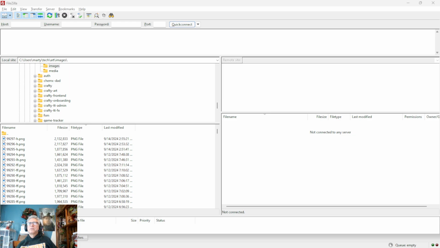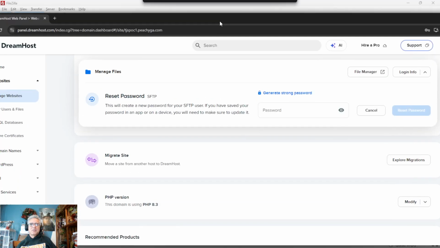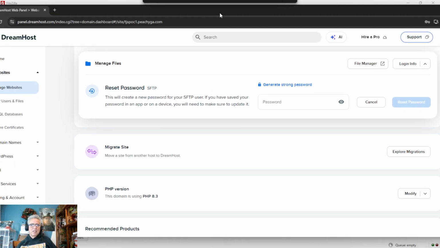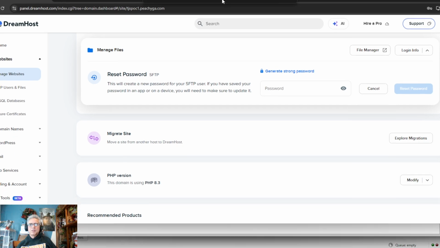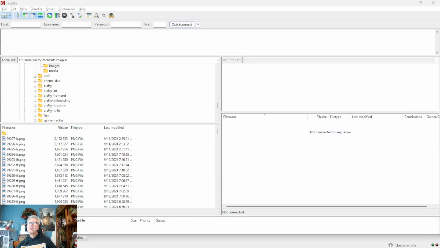Change password. Okay, so now it's letting me set up my password. So basically, you end up with a page like that when you tell it to change the password, and then you can have it generate a password, which is what I generally have it do. And then I click, there's a reset password button, so you click that,